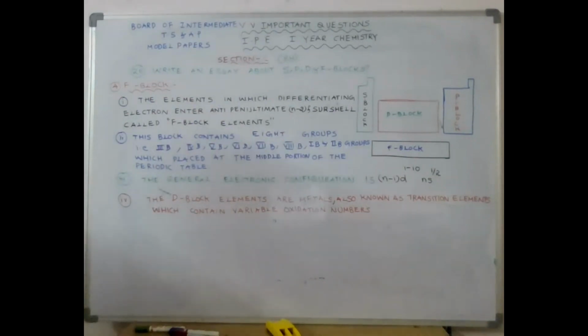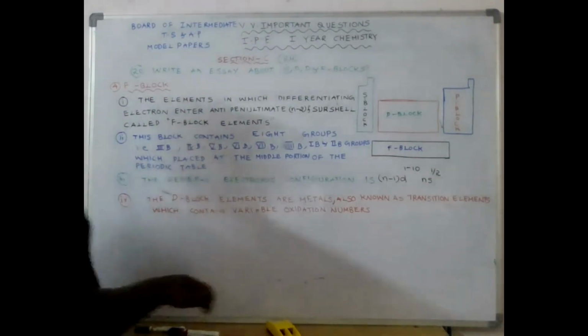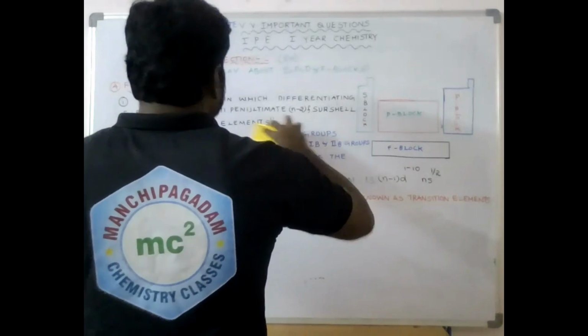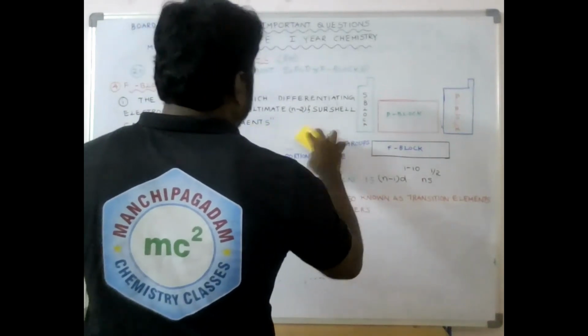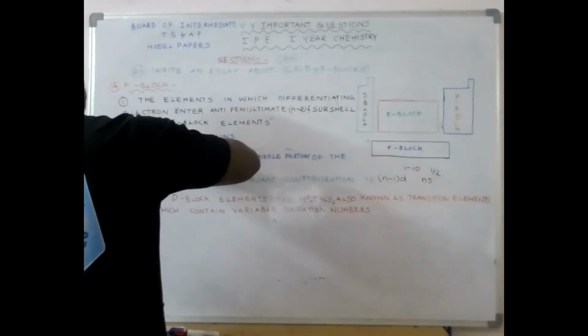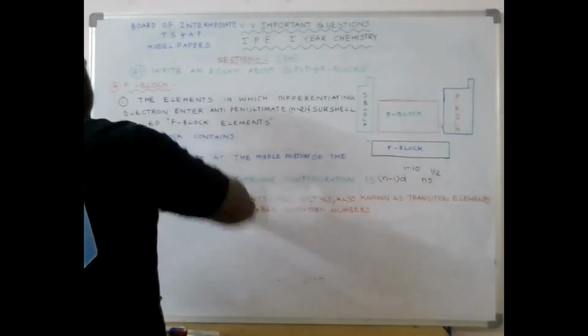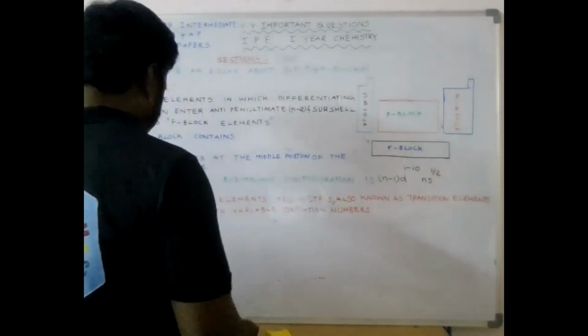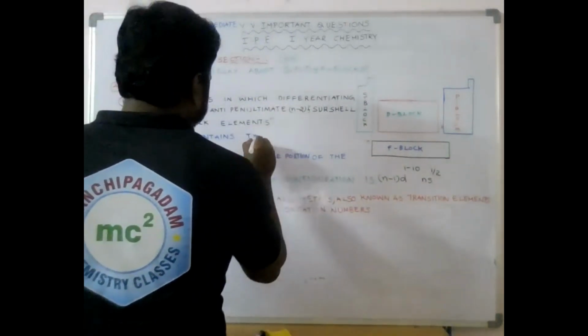First point is completed. This block contains, there are no groups actually. We can't say groups. This block contains two series. That horizontal series, two series are there, that you should write. This block contains two series